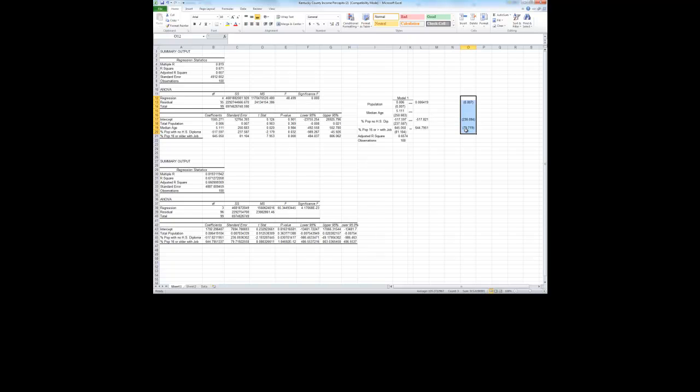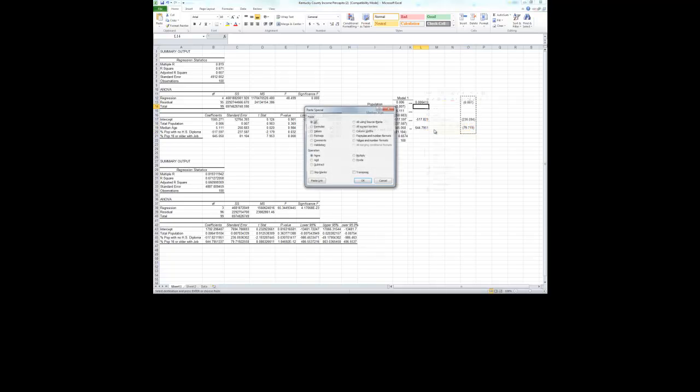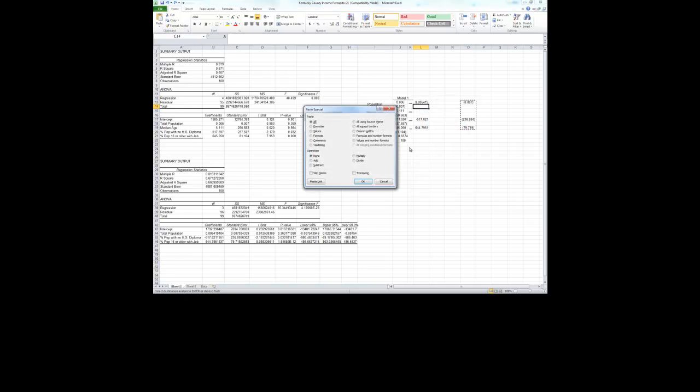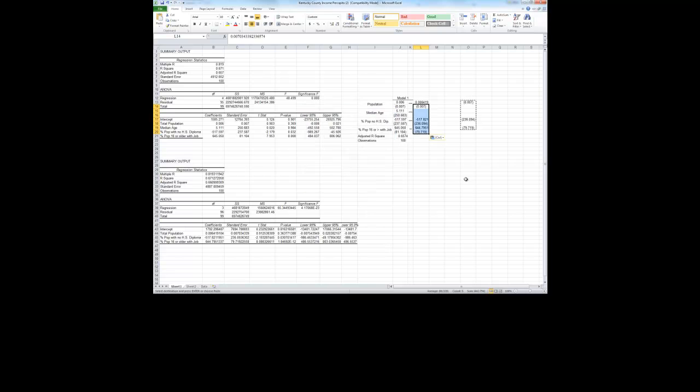We're going to hit Control-C, right-click, Paste Special, and skip blanks. Something did not quite work there. Oh, I see. Control-C, right-click, Paste Special, skip blanks. Okay, there we are. That looks pretty good. I'll grab the format paintbrush once again and paint the coefficients. Hit escape. Now we need to grab, well, first of all,